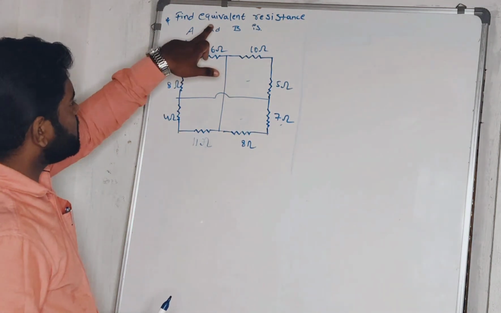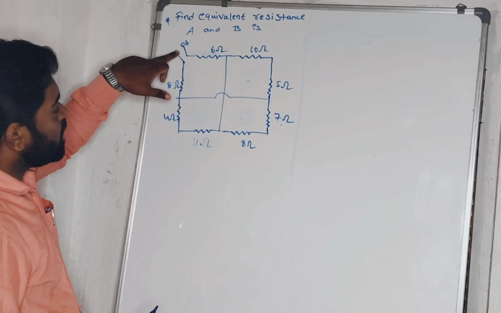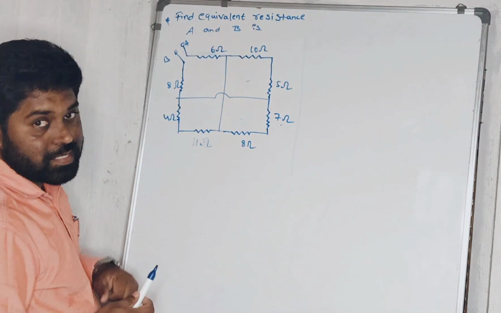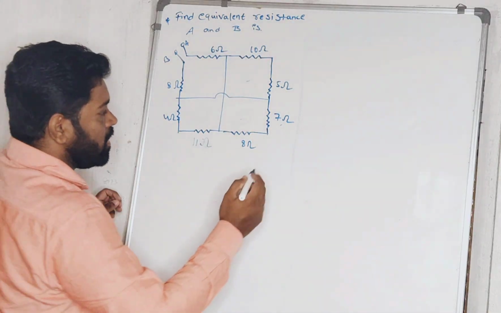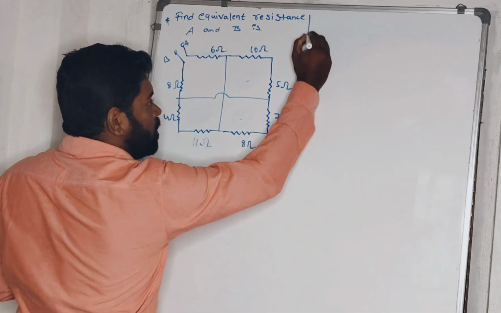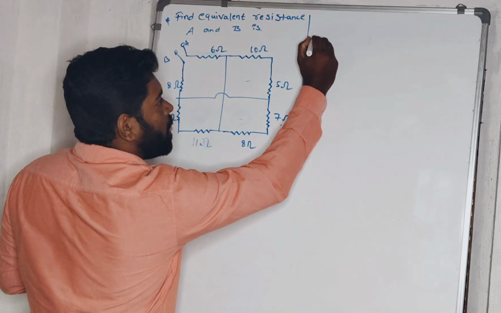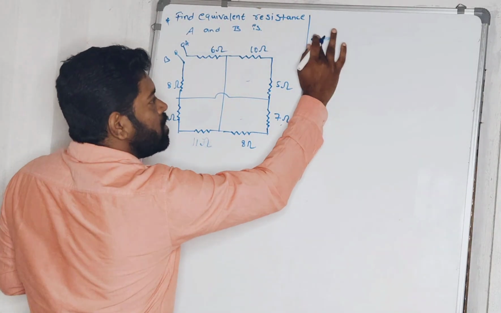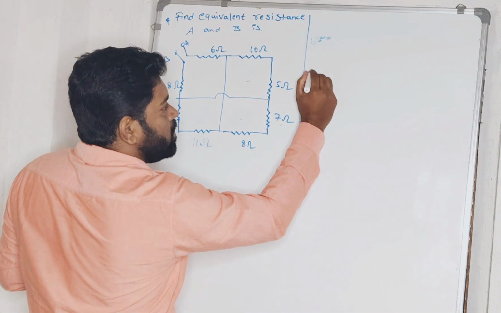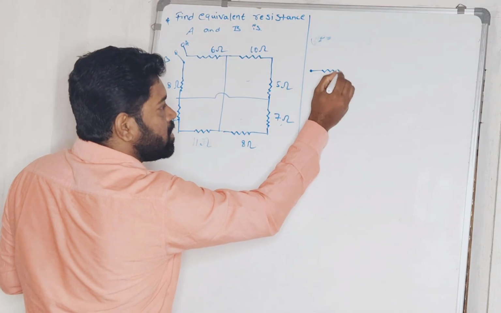Now, your target is the equivalent resistance between A and B. A is the starting point and B is the ending point. Let's go and watch it here. You can redraw the circuit. Starting at A, here you can write, A is connected with